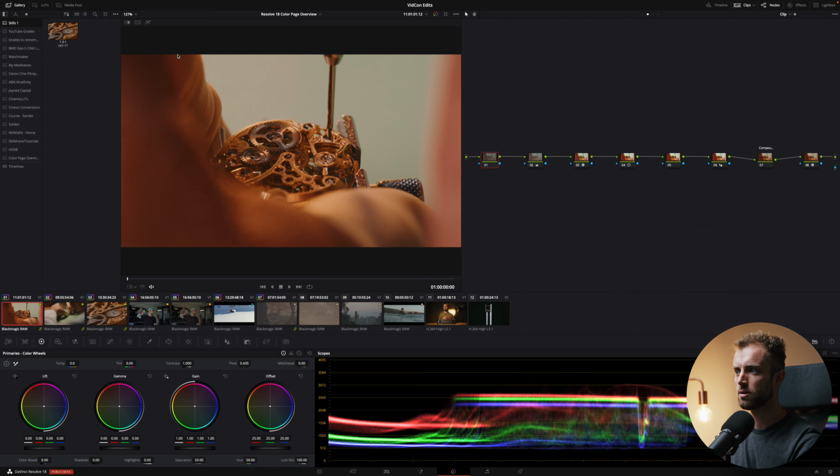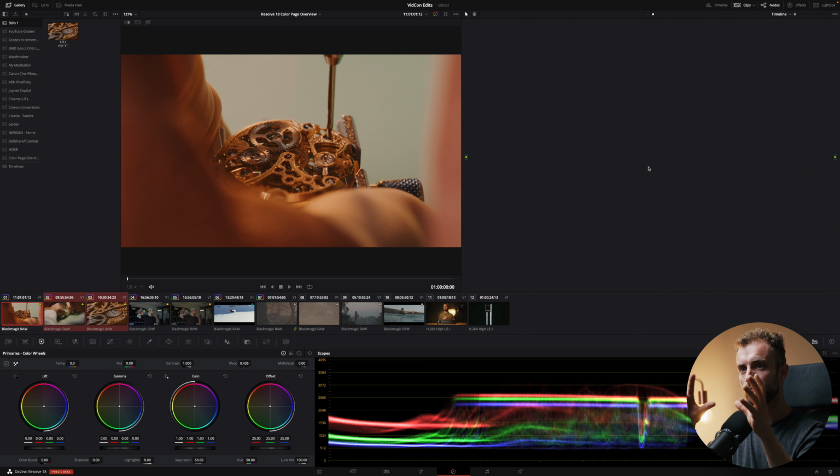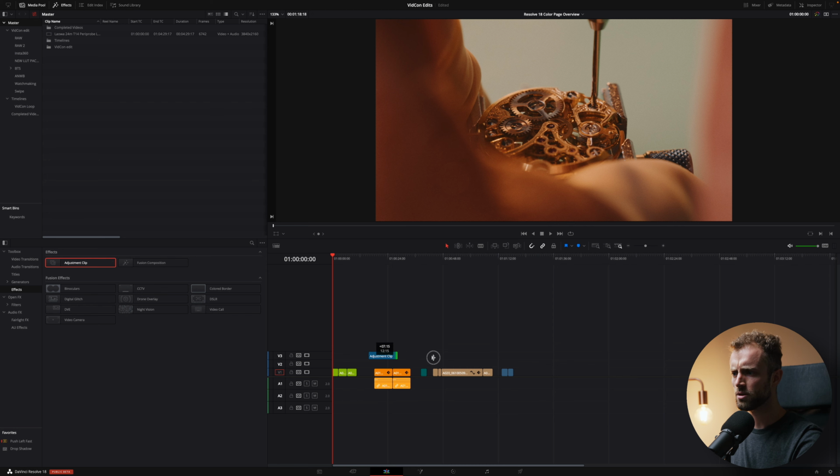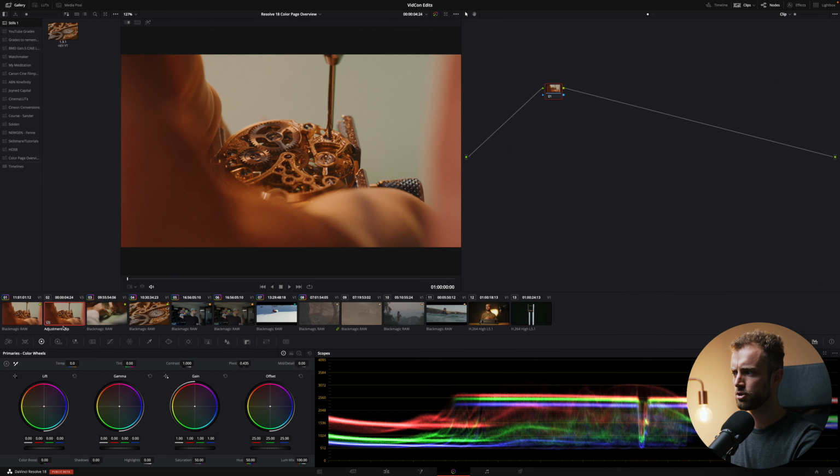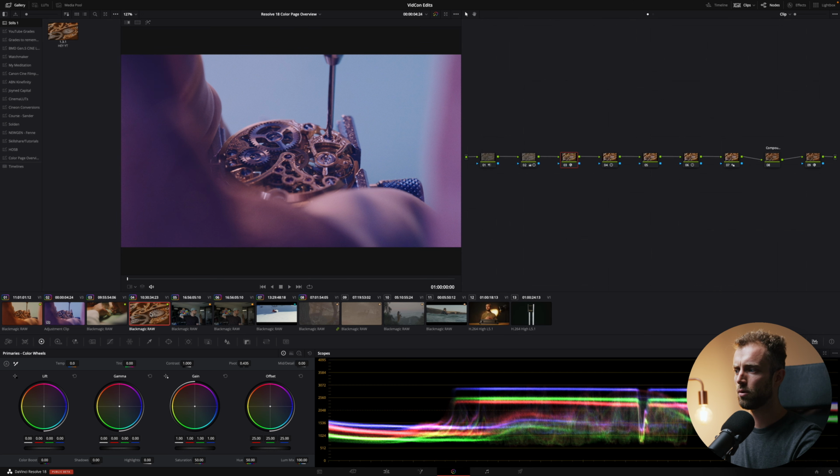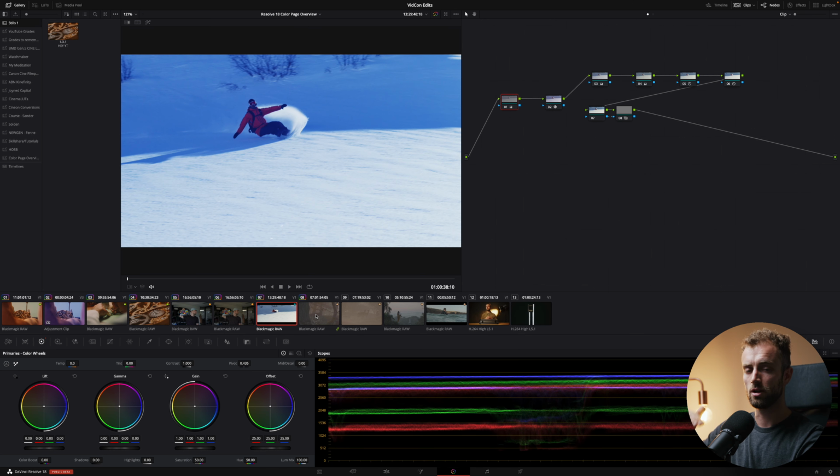So let's get rid of this one. A really cool way to work with groups, and that is also a little jump forward to the node tree here, is whenever I get rid of all these groups, so remove from group, you see that there's two little dots left over. So this is our main node tree, yeah? And this is our timeline node tree. And you can really kind of think of this as your adjustment layer if you work in Premiere, for example. So if I go to my timeline, drag in an adjustment layer, and then that shows up here. If I add in blue, that will be put on all the clips that are underneath the adjustment layer.